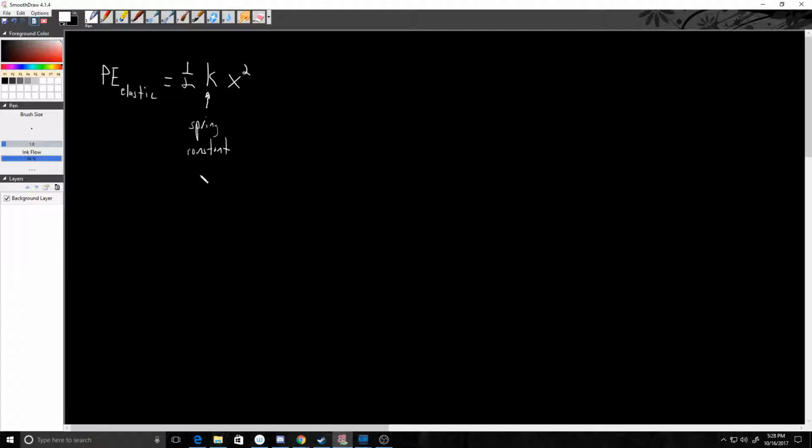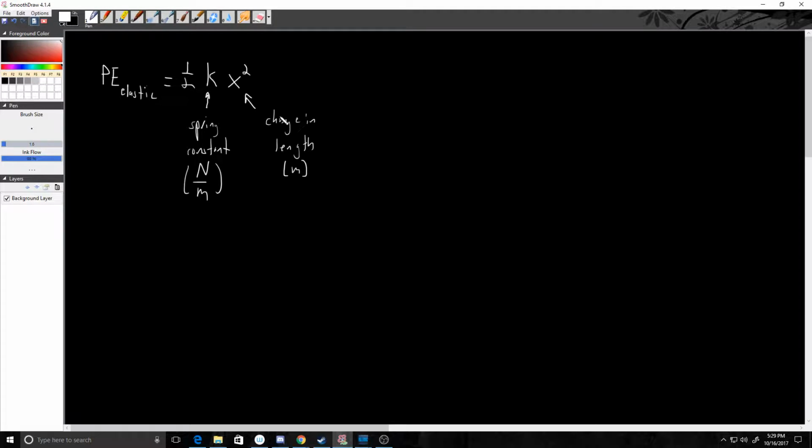That typically has a unit. That's what I'm looking for, newtons per meter. Essentially, for every meter I stretch or compress a spring, how much force is it exerting? X squared, that would be our change in length. I'm going to put that in parentheses. Really, our change in length is going to be measured in meters as well, but just remember we have to